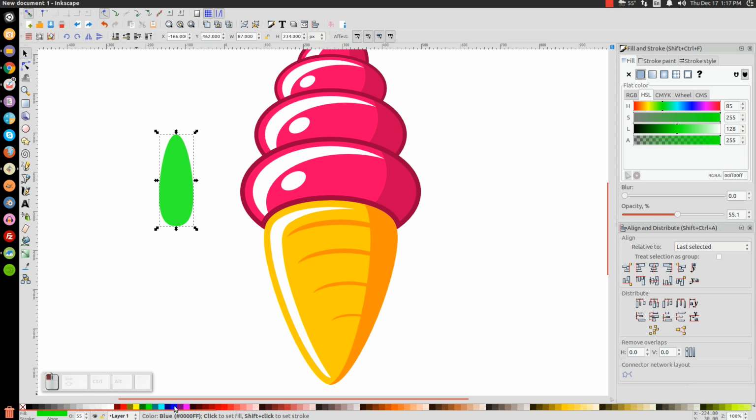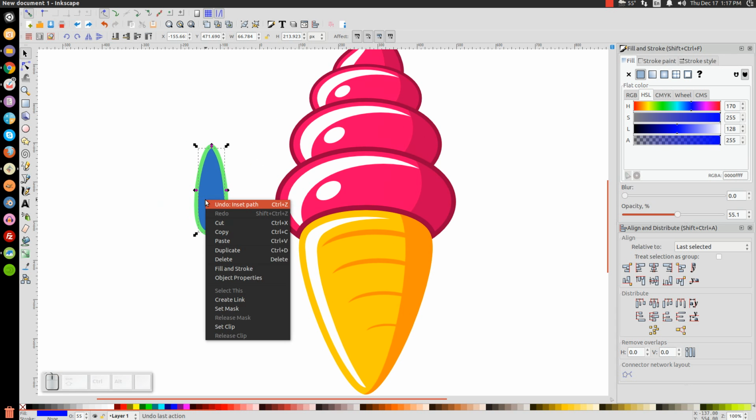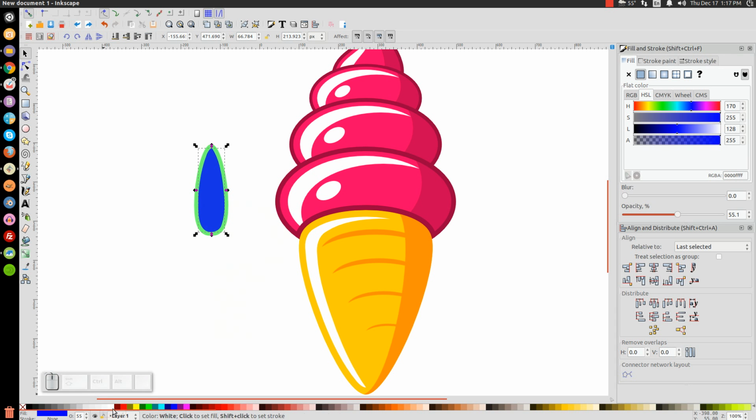We could turn this blue and we're going to inset this a few times. We'll do that by pressing Control and 9. So I'm going to hit Control and 9, 1, 2, 3, 4, maybe one more time, 5. So I insetted that 5 times. Now I'm going to right click this and duplicate that and turn that red and hold Control on the keyboard